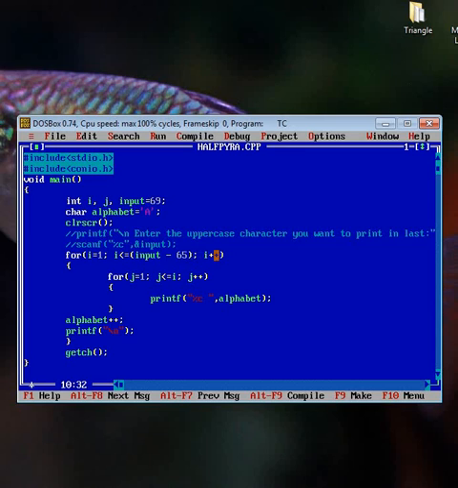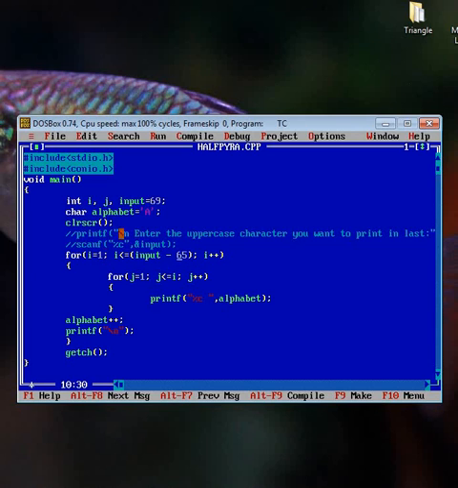So the value of input is now 69, and we are going to deduct 65 from it. So this is the condition: the outer loop will execute until the value of i is less than or equal to input minus 65. So input minus 65 is 69 minus 65.